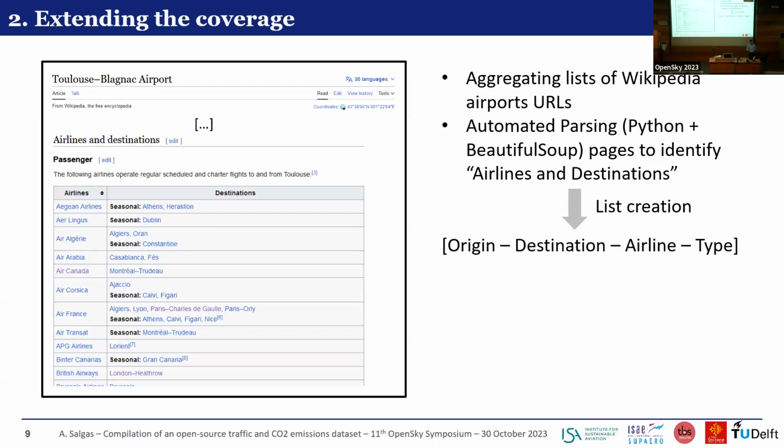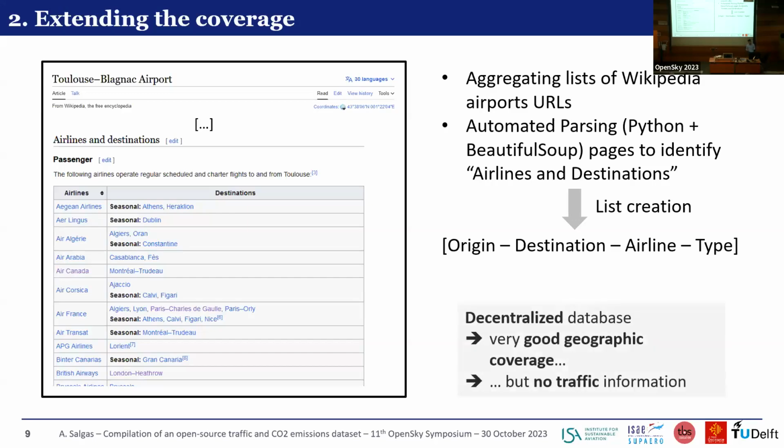So it's relatively easy to gather all the URLs of airport pages on Wikipedia and to parse them using Python and a dedicated HTML analysis library such as Beautiful Soup to transform this Wikipedia database into a much more structured database with an origin, destination, airline, and type of relation structure.